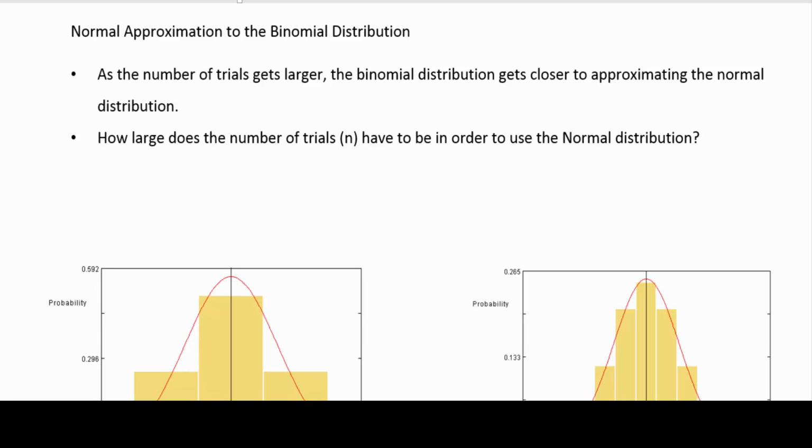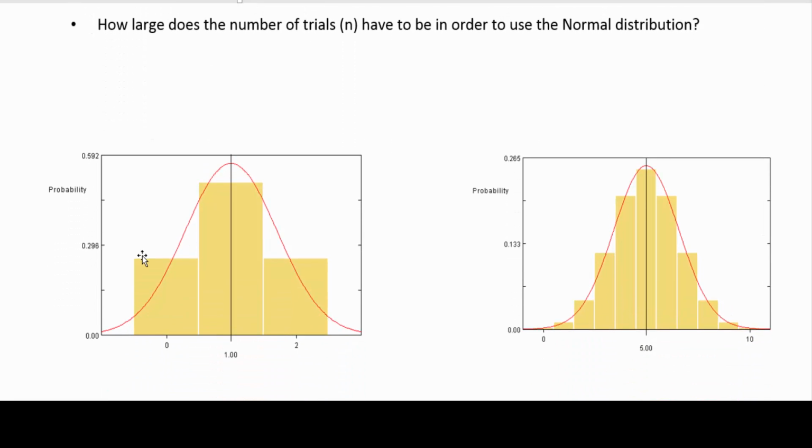If we look at this little graph here, if we only have up to 3 trials, we kind of can see the normal distribution in there. But as n gets larger, our actual distribution, which is this little set of histograms here, will be closer and